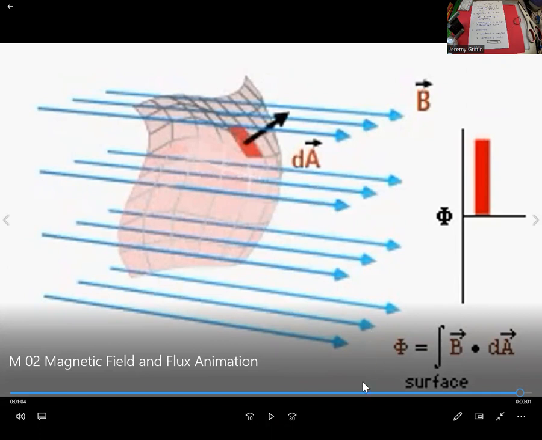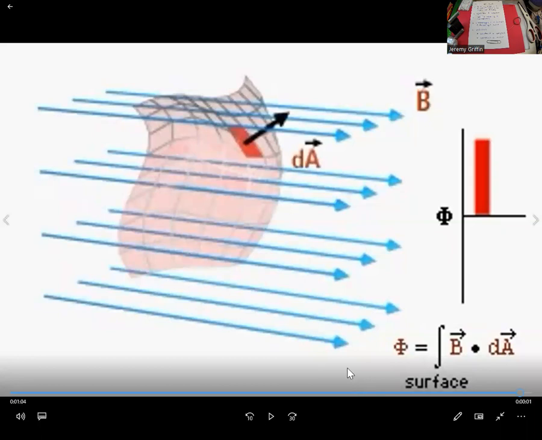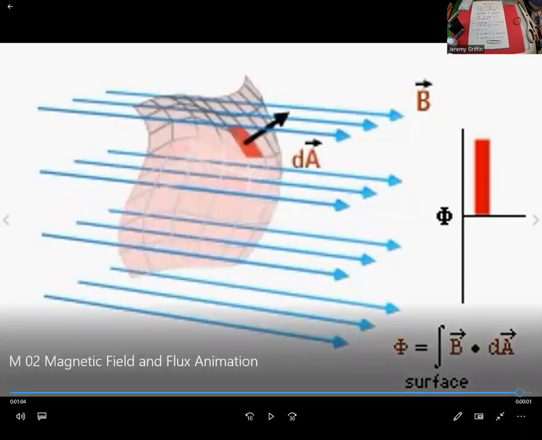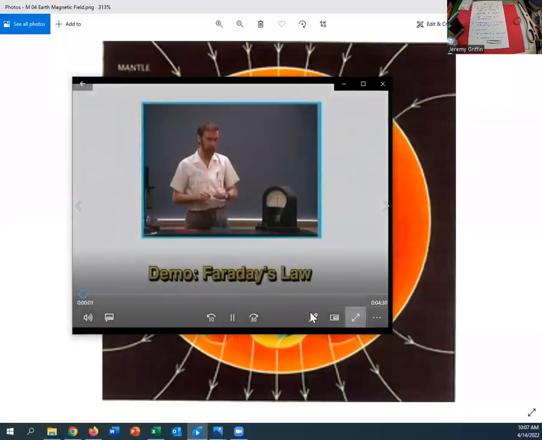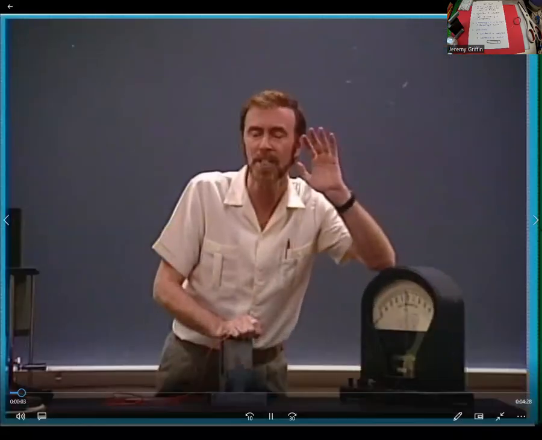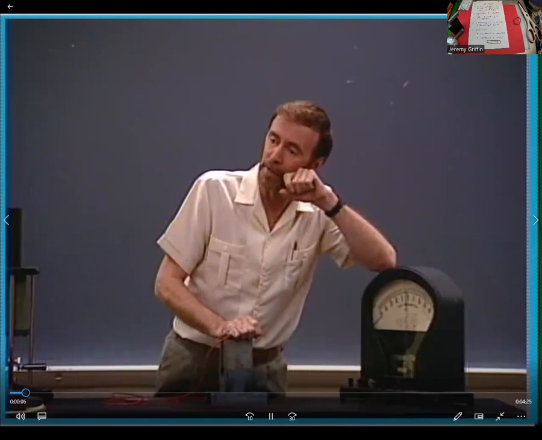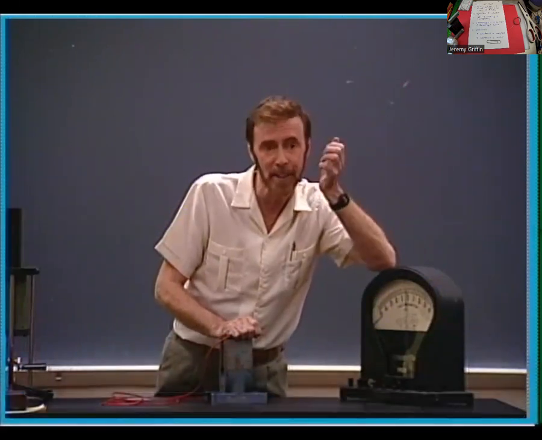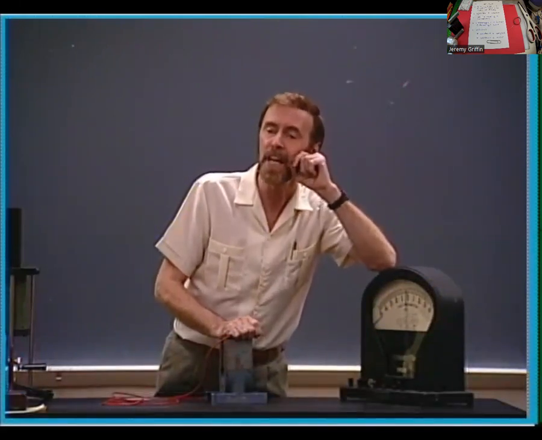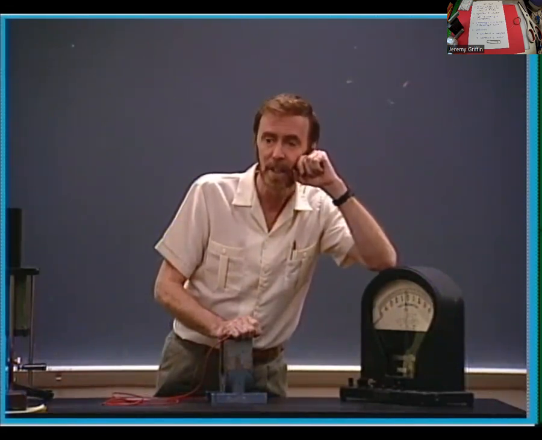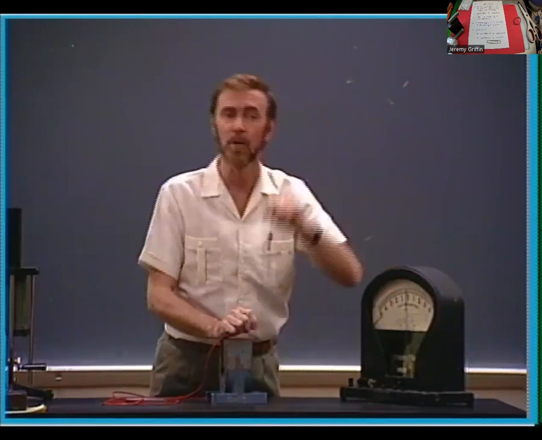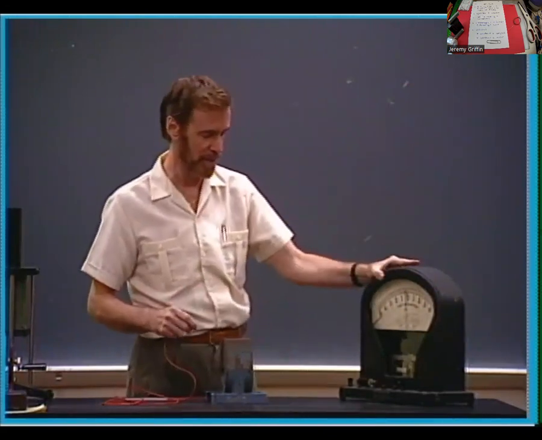Now, when you turn that flux on and off, the rate change of that flux is a voltage that is induced. And that's going to lead to this last Paul Hewitt for today. Rate change of flux. This was done by a couple of physicists about the same time in history. One was Michael Faraday, a Scottish guy in England, and the other was Joseph Henry, an American type in Vermont in the 13 colonies. And they both at the same time found the same effect. And here's what they discovered.